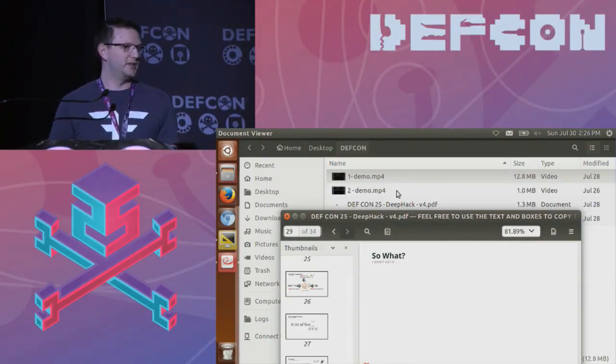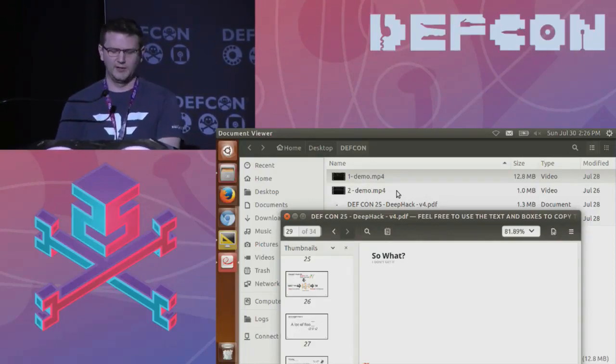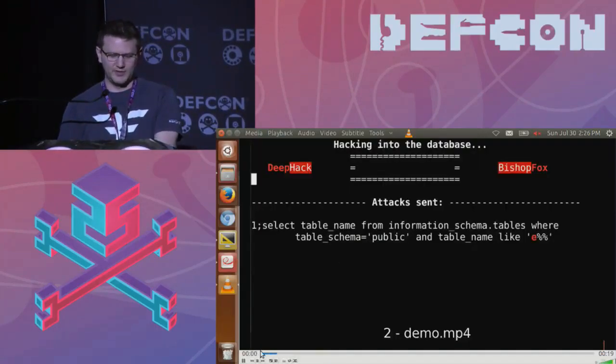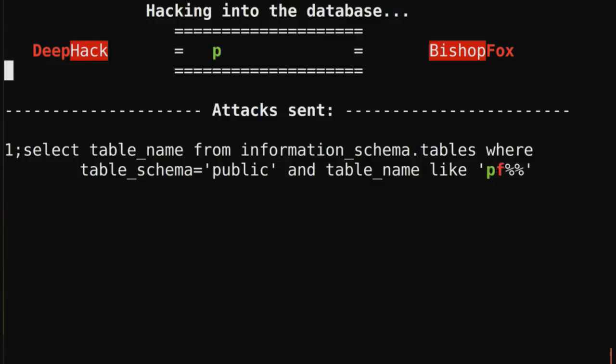In fact, part of the entire thrust of this is that it's agnostic to the underlying database type, the structures and things like that. So in the previous example, we showed you exploiting a SQLite database because SQLite was easy. Here it is again using Postgres. In this case, you can notice that the database type is completely different. The query that it's making is totally different, but it works nonetheless.